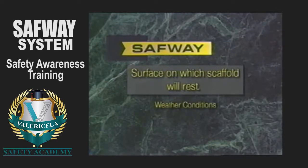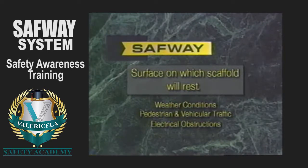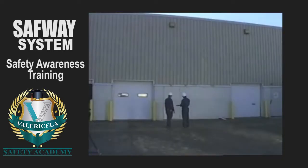weather conditions during erection and while the scaffold is in use, likelihood of pedestrian and vehicular traffic in the vicinity of the scaffold, overhead and electrical obstructions, the weight of the scaffold plus the load to be put on it, and the method of fall protection best suited to erect the scaffold. It is the competent person's responsibility to determine the feasibility and safety of providing fall protection for those erecting or